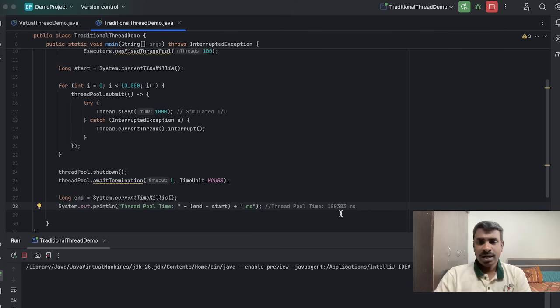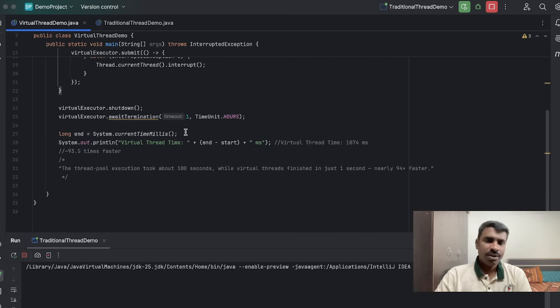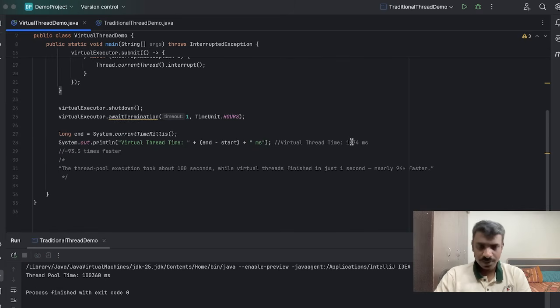It is 1 lakh 383 milliseconds, while here it took around 1074 milliseconds. Now you can see it got completed. It took more than 1 lakh milliseconds.